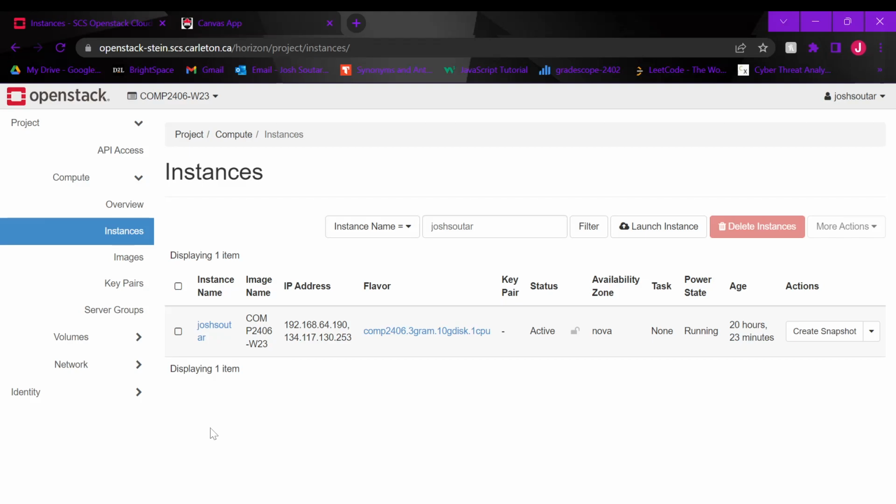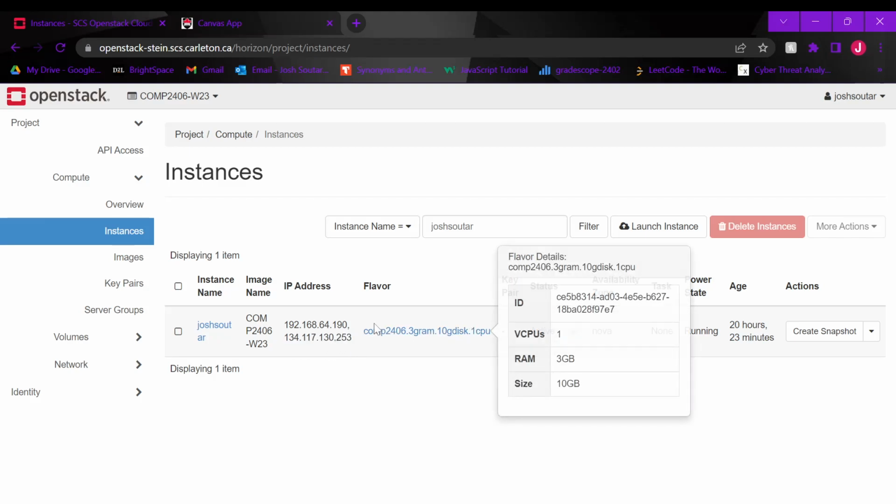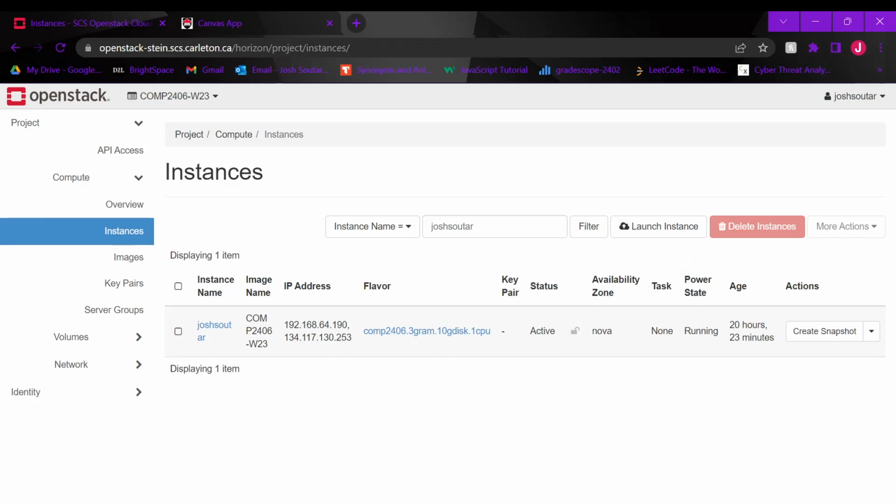I'm going to skip some of the stuff from Andrew's OpenStack video about setting up the instance, since the loading just takes so long. So I have my instance here, and I named it after my username, my actual name, Josh Sutar. It's in the 2406, and it's linked to this IP address. It's on the default flavor. It's active right now,